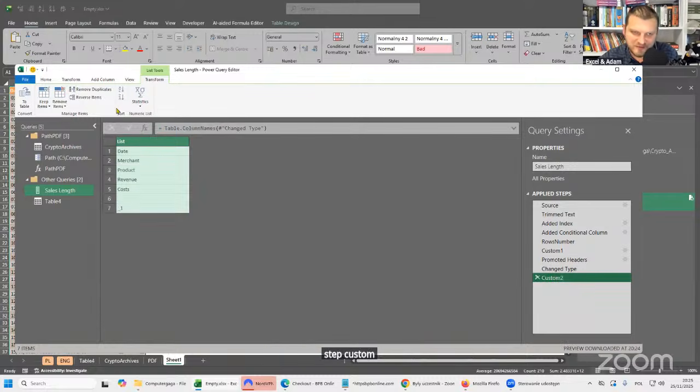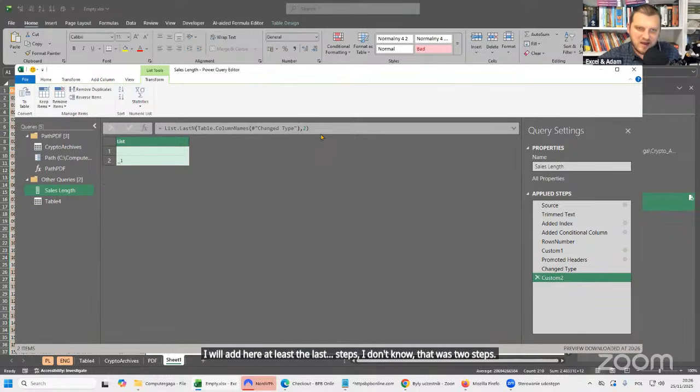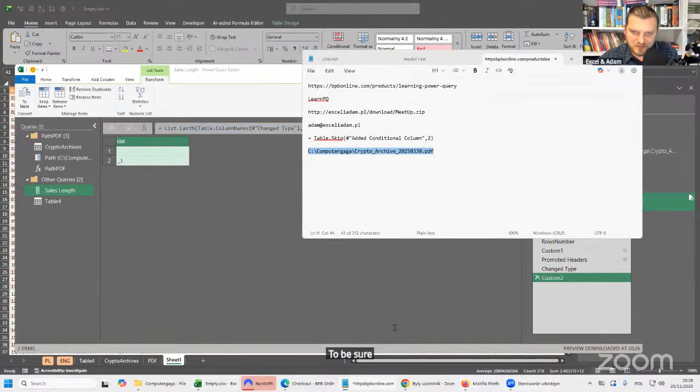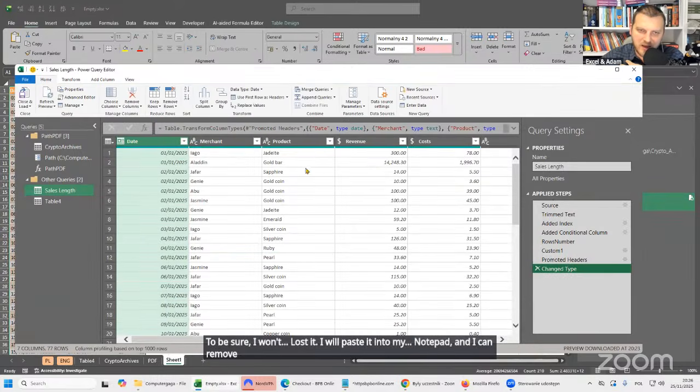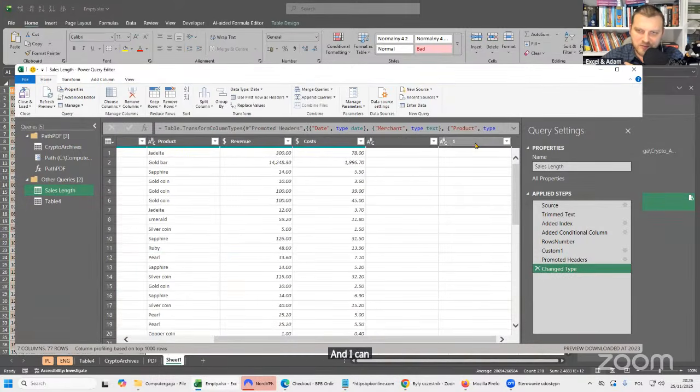So I will remove this last one. I will add here list last steps, and that was 2 steps, and in 1 step I will just get this list, and I need to remove columns. So I will copy this formula to be sure I won't lose it. I will paste it into my notepad, and I can remove this step, and right now I can just manually